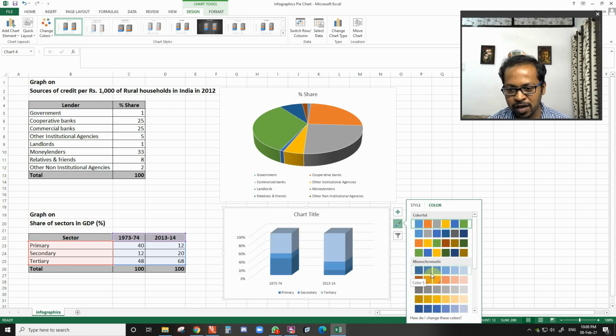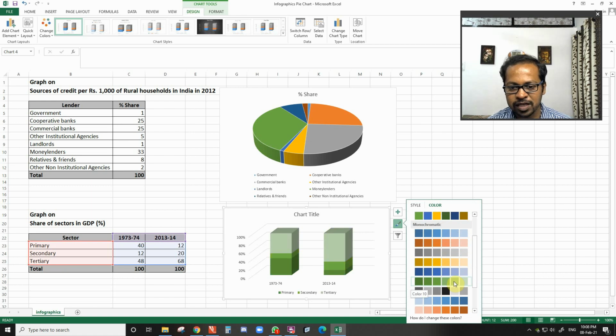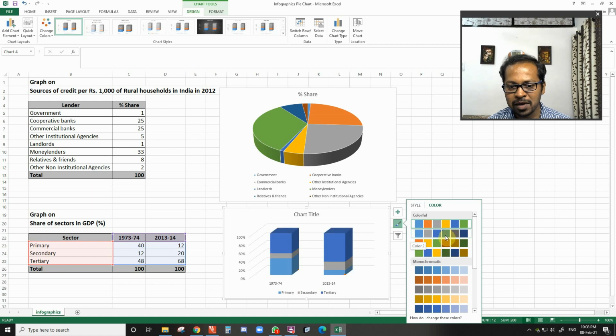Look here, if you like blue, if you like yellow, okay, then various color options are available from which you can choose. Green is also there. You also have multicolor option. This is the multicolor, okay, and in multicolor also you have few options.